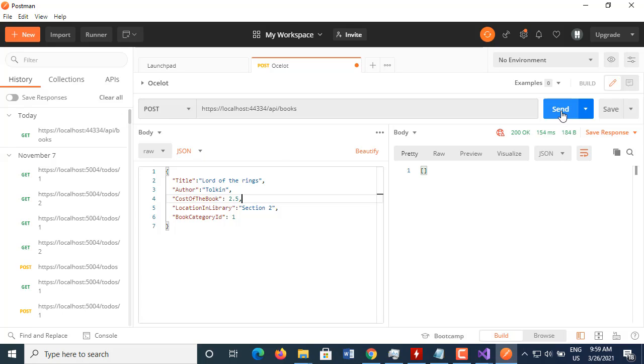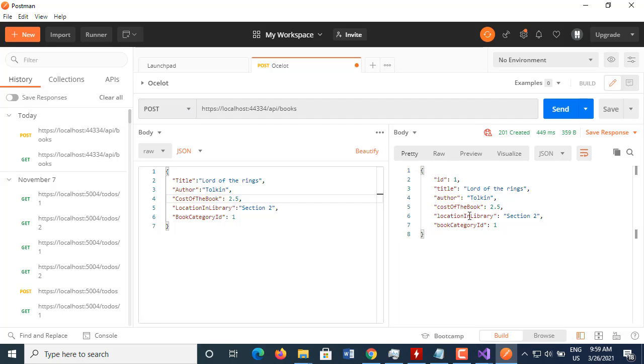So, API books. We POST. Look at the endpoint. It stays books. It doesn't matter what we are trying to do in the CRUD, we just change the method. Send. Let's see what happens. Okay, it returns. This is actually by convention. It returns the ID. If we look into the database right now, we're going to see